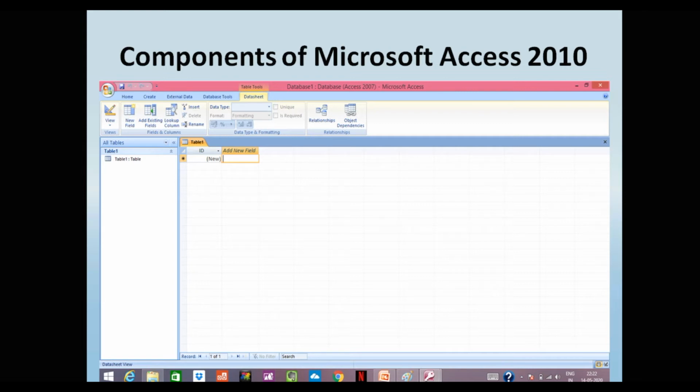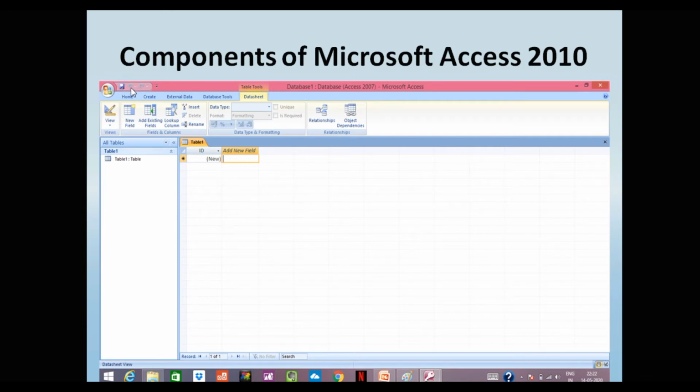Okay, so let's now come to the next topic, that is components of Microsoft Access. Firstly, I would like to show you that this is known as title bar. On the title bar, the thing that is present is known as the quick access toolbar. Why is it known as quick access toolbar? Because here all the actions which we need to perform again and again are present, like this is a save option, we have to save again and again while writing, so that our data is saved.